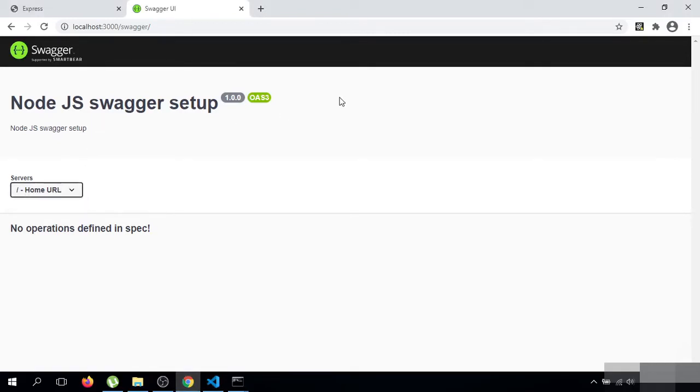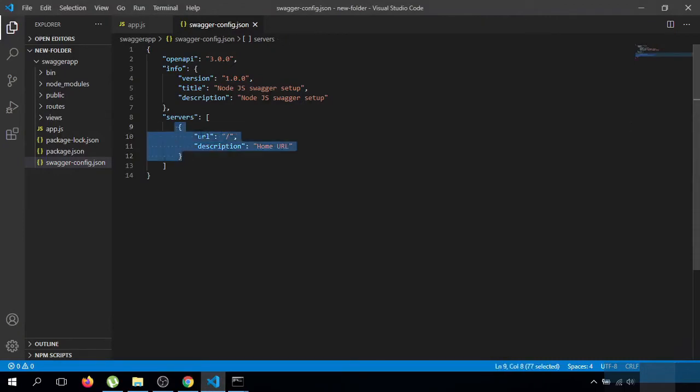Suppose you have a lot of routes in your application. Suppose user routes, admin routes, and you want to test for admin routes. In this case, you will select admin routes from here and define here. So your API endpoint will be set up to admin APIs.